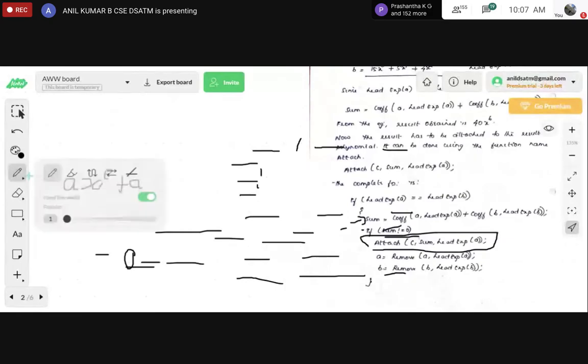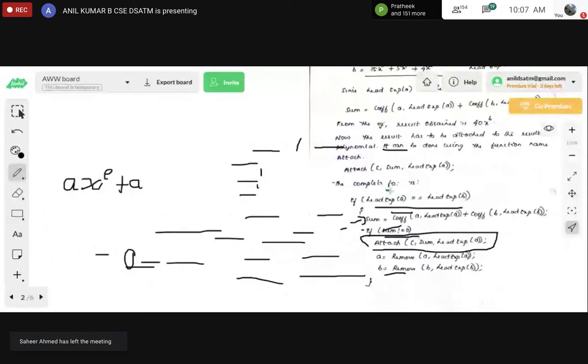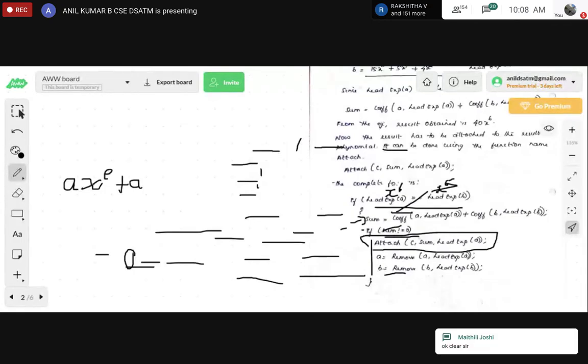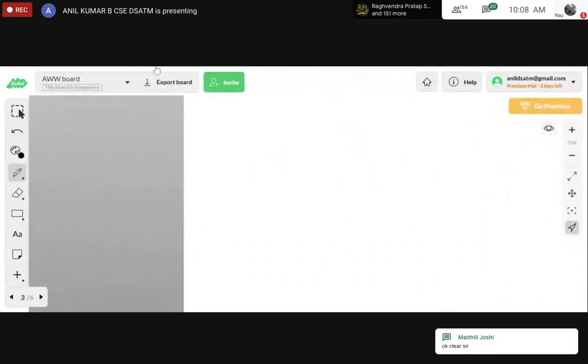Yes, here check both the conditions. x power 6 is there, right? Instead of x power 6 and x power 6, if you have x power 6 and x power 5, this condition is false. When this condition is false, the default sum value might be assigned to 0 or a junk value. That 0 value will be represented for this. Okay, so now the third part, case number 2.